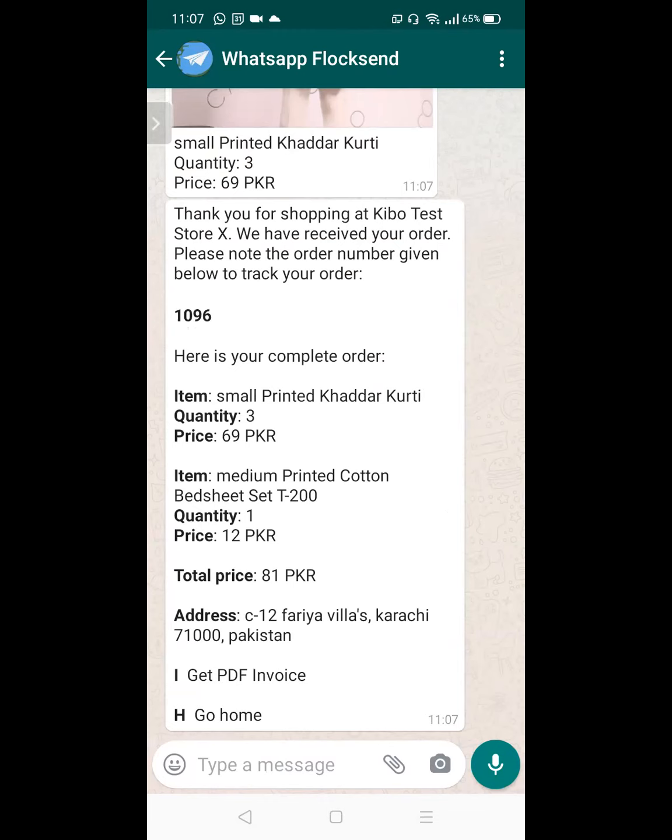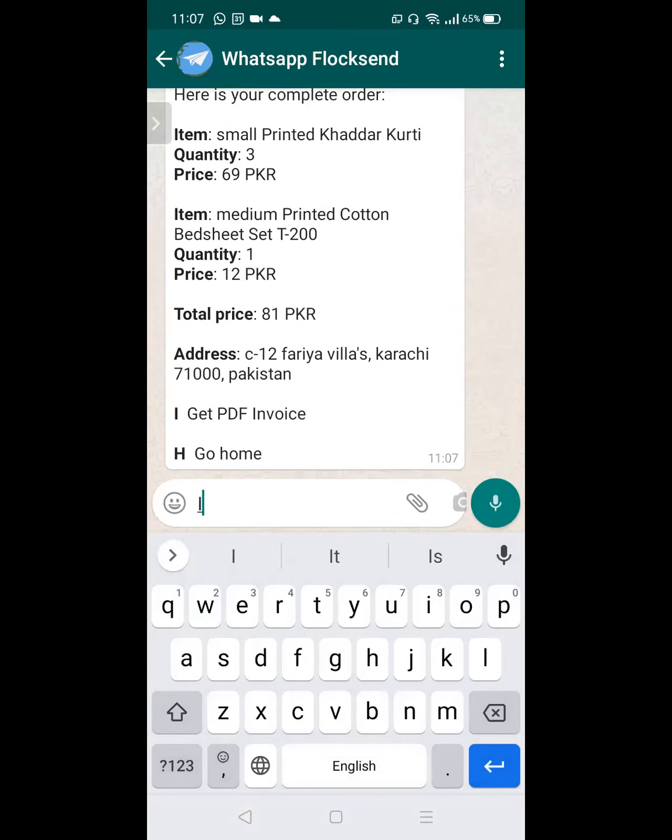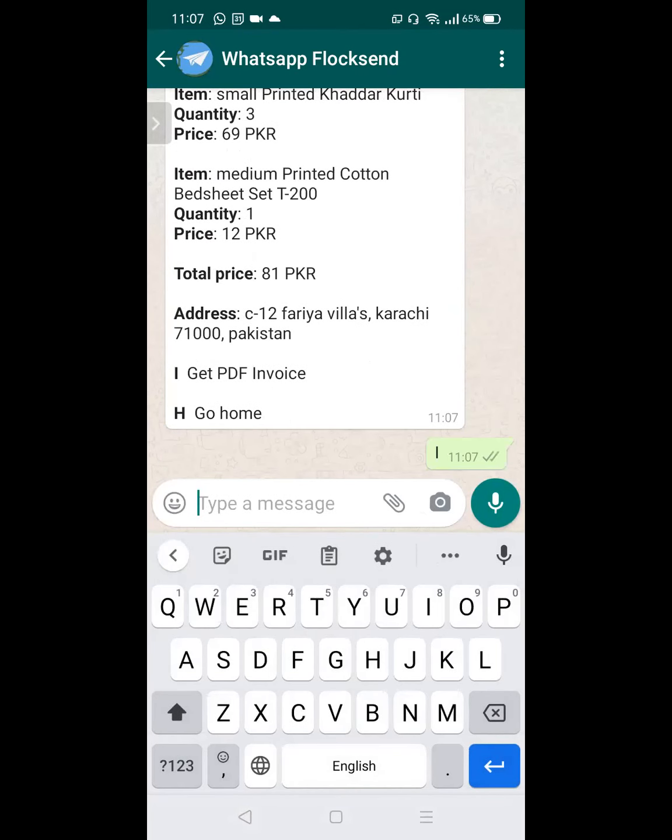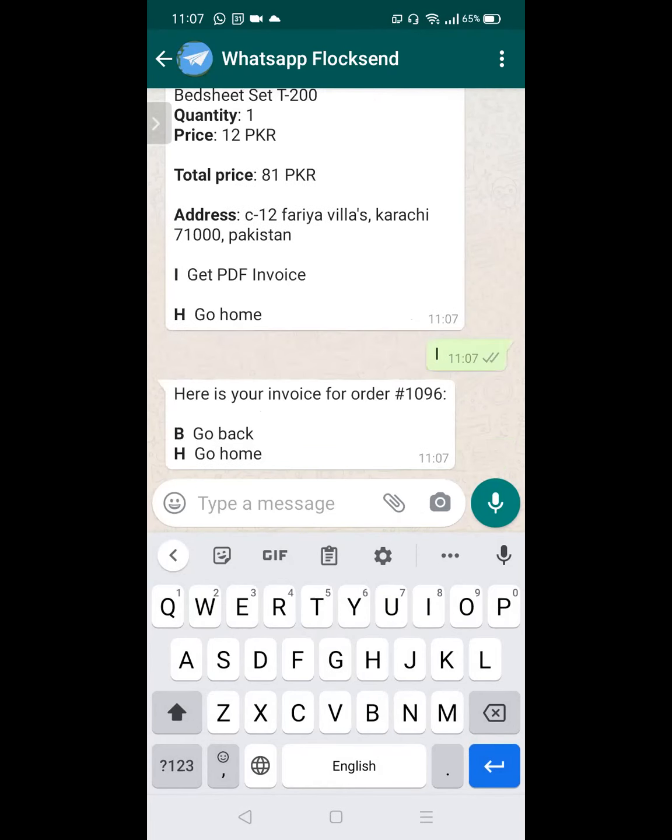And at the end I have the option to go back to home, or I can also get the PDF invoice of this particular order. So if I send that, it will show me the PDF invoice by sending me a PDF attachment.